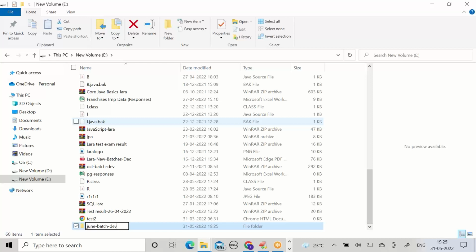Yesterday we created a softwares folder in the D drive for downloading software, June batch softwares. Here it is June batch DEV for development, in a different drive. If you have multiple drives, you can use a different drive. If you don't have more drives, you can use the same drive also.